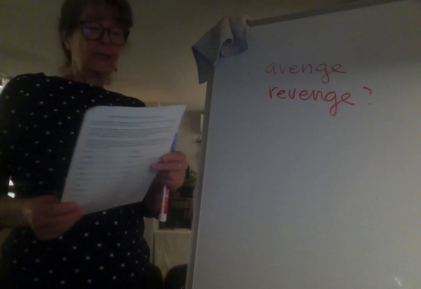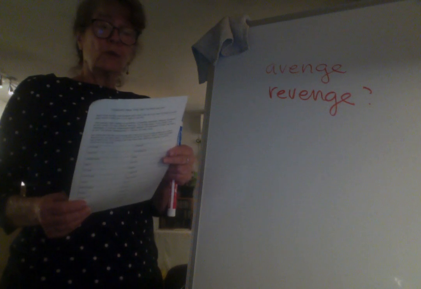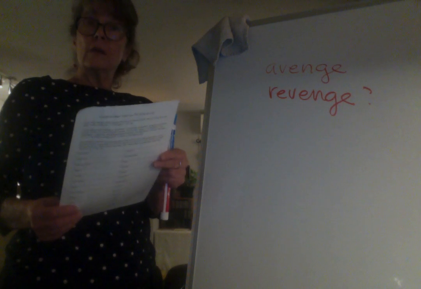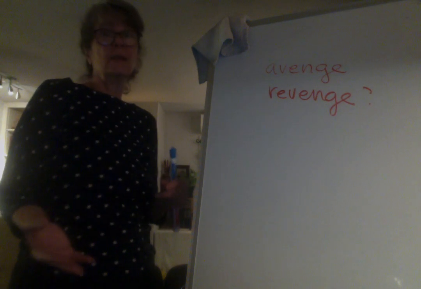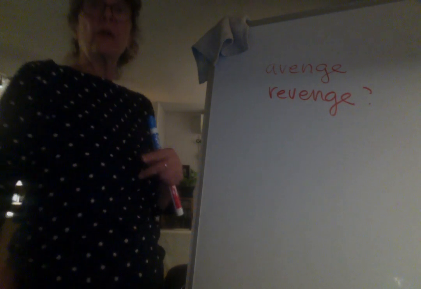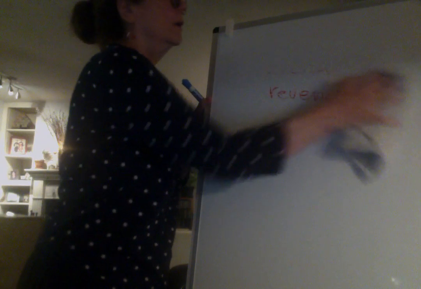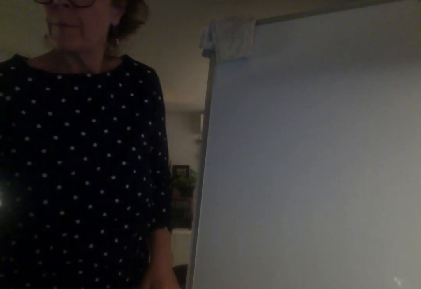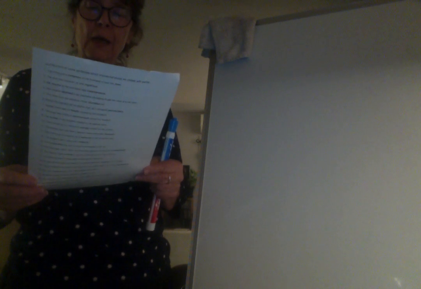Take a look at the example on the back, number 10. There would be no chance to avenge himself on his enemy. So there would be no chance for him to get back at his enemy. No chance for him to get revenge. All right. I think we have time to try one more. Let's take a look in the next column, let's look at